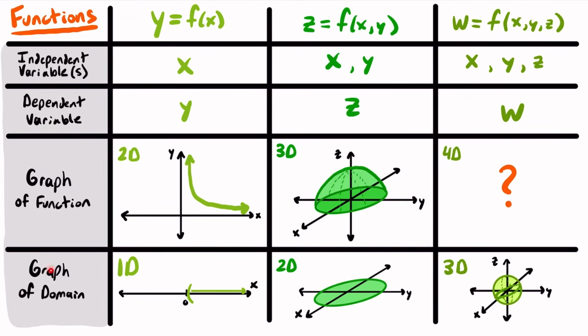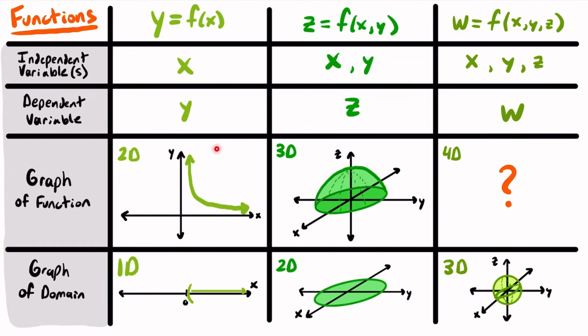What do the graphs of the domains look like for each type of function? Well, remember, the domain corresponds to the independent variable. The domain represents the set of possible input values for your function. So for a single variable function, which only has one independent variable, you would graph the domain in one dimension for one independent variable. Looking at this graph here and thinking about the domain, the different possible values of x